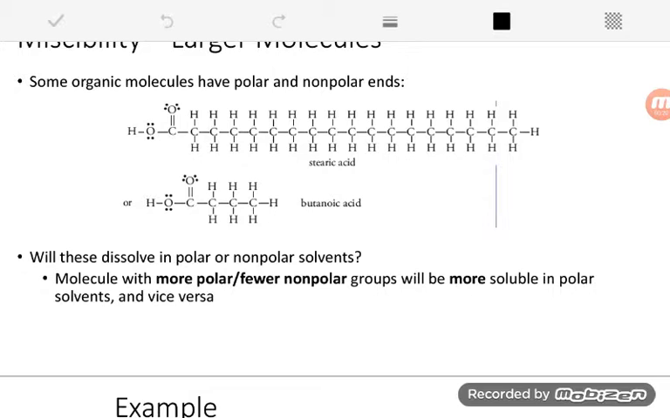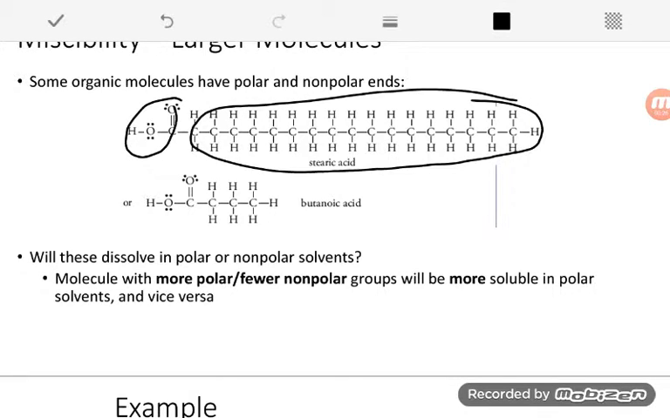sometimes big molecules will have polar groups, like this carboxylic acid over here, and then nonpolar groups, like this long carbon-hydrogen chain. And so then we have to ask ourselves, okay, is this going to dissolve in a polar or a nonpolar solvent, if we think about our rule, like dissolves like? And basically what we need to just decide is, okay, is this molecule more polar or is it more nonpolar? So we look at whether it has more polar groups or nonpolar groups, and then just kind of round up